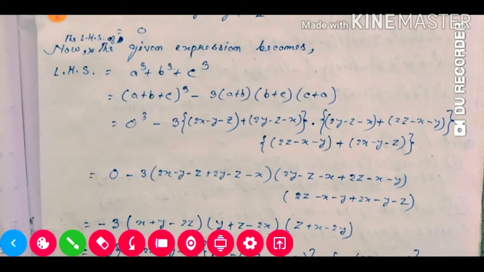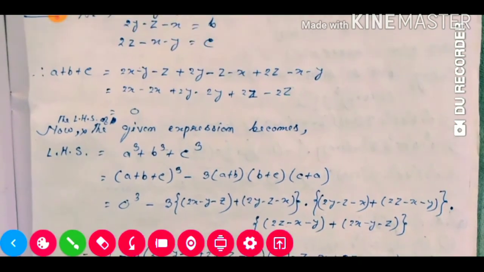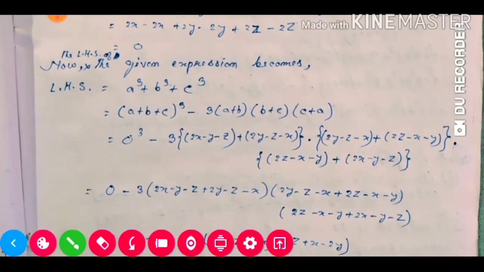Now here we will put this value, the a value. Whatever value we are considering as a, this one will be put here. Then plus the b value. So b value here. Into here c, b value. This one will be the b value. Plus c, this one is the c value. Into c, c value here plus a value. Now from a plus b plus c, before we got a plus b plus c is equal to 0. So here we will put 0 cube.